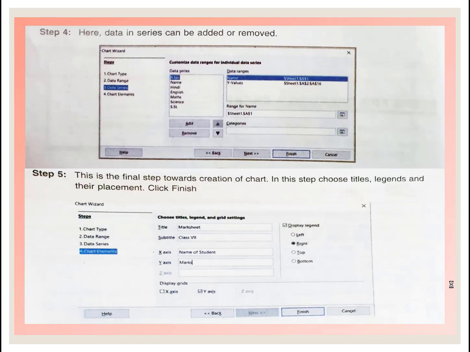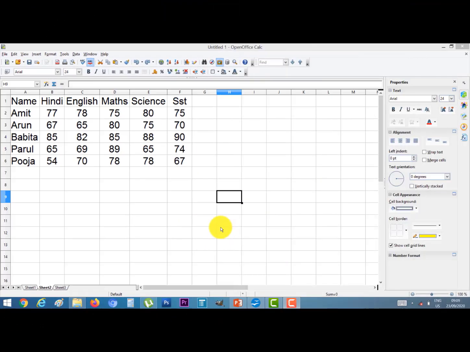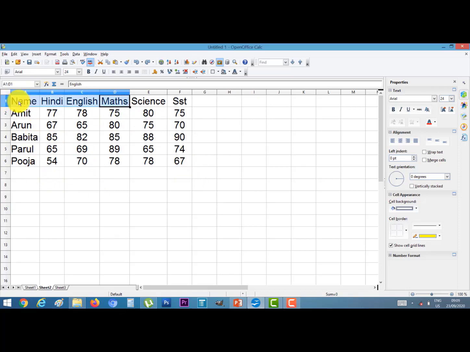So let's do a practical. First of all, open your OpenOffice spreadsheet and make a list like student names and their marks. Now select your data and click on the chart icon on the standard toolbar. Click on this.